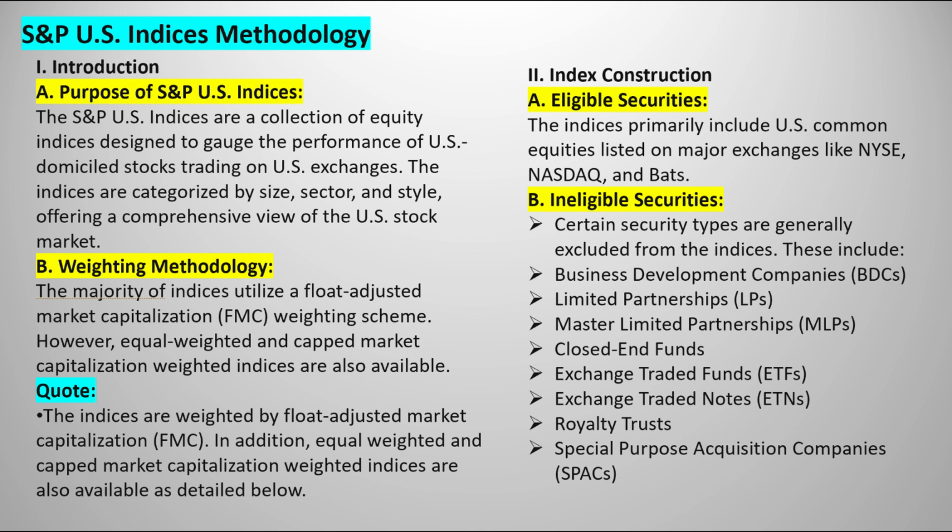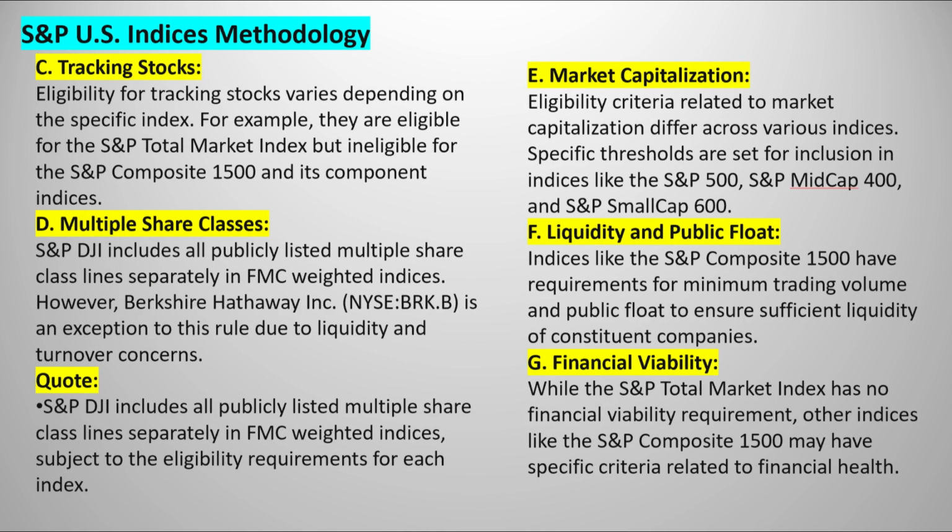Spin-offs are another interesting one. Sometimes a company spins off part of its business into a separate entity, and that spin-off might be allowed to stay in the parent company's index, even if it wouldn't normally qualify on its own. This usually happens when the spin-off is big enough to still be considered a part of the parent's market. Again, it's all about making sure the index stays true to its purpose. So